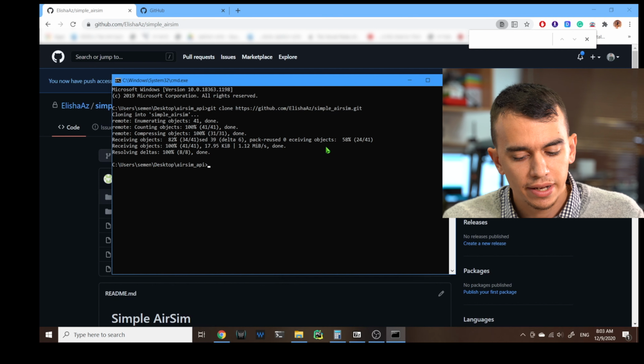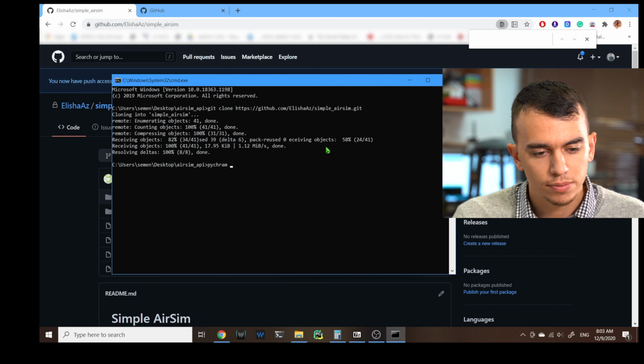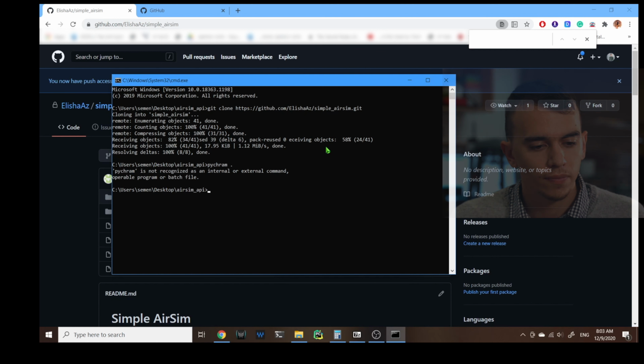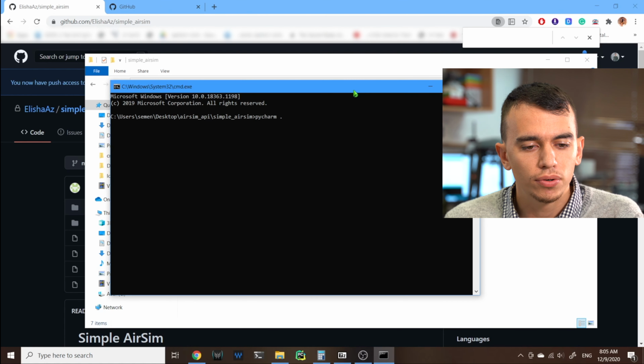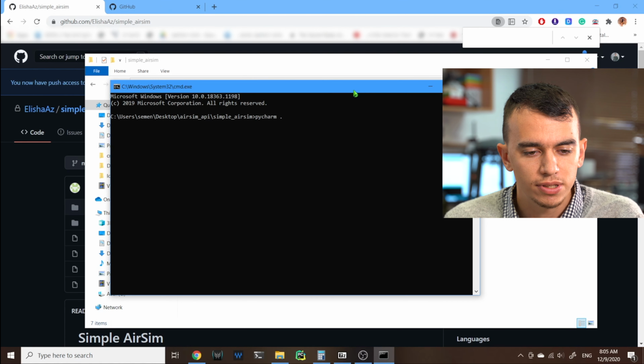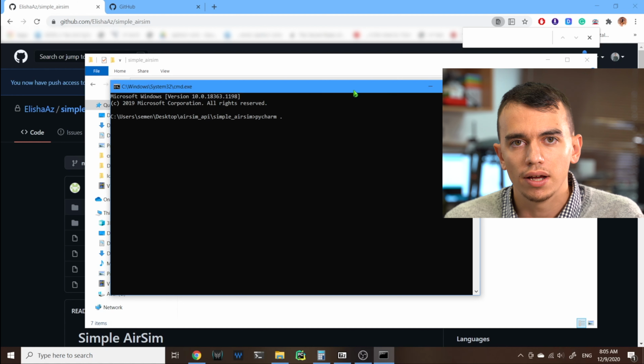When it's done, I can open PyCharm at this specific folder. So when it's done, I'm going to write PyCharm at this specific folder and open a PyCharm IDE.